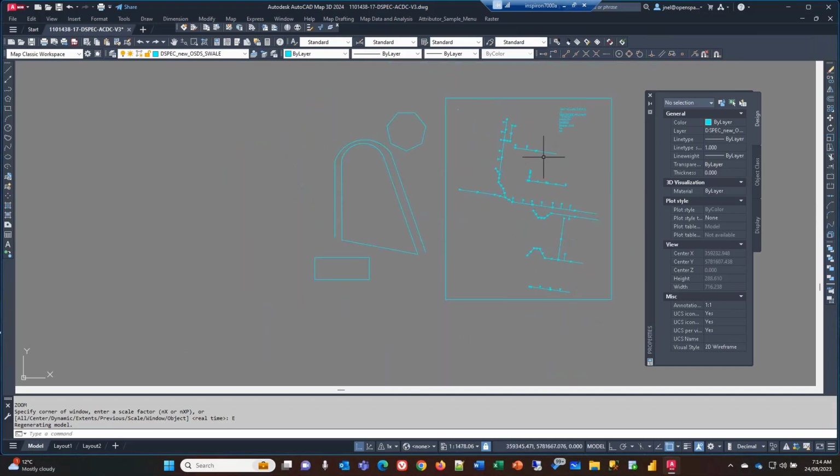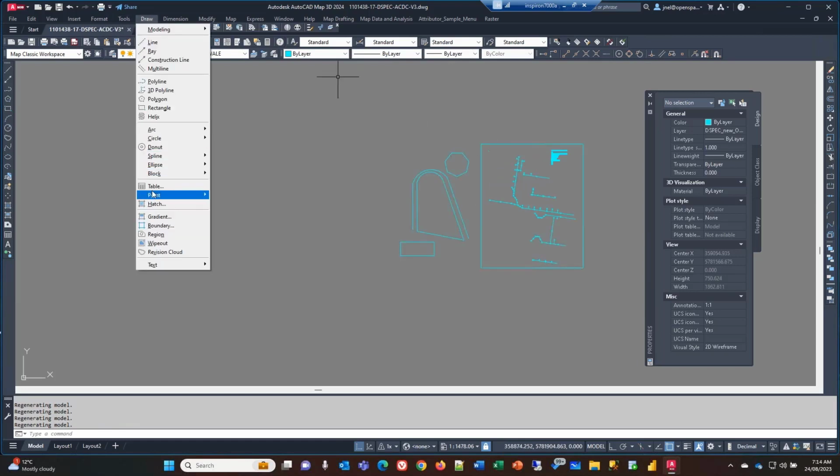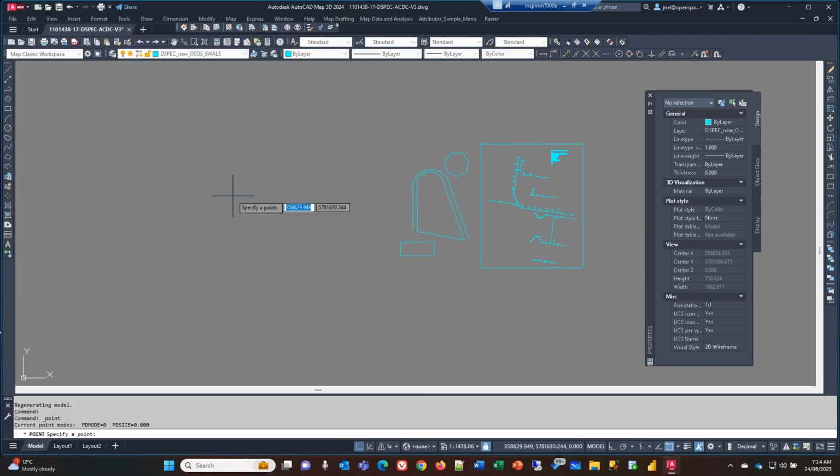Now, why is that useful? Let's say you've got something that is located somewhere, and inadvertently somebody has gone and said, let's draw a single point, and I'm going to put that at 0,0. So now I've got something that's somewhere totally different. If I now go to zoom extents, it will tell me, okay, this area is where I've got